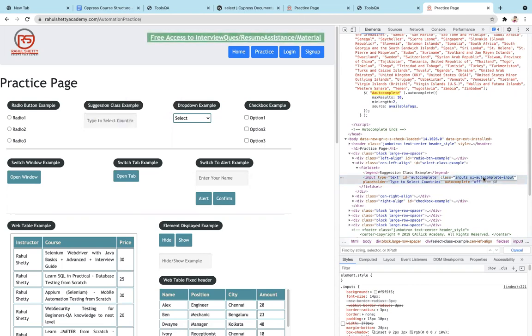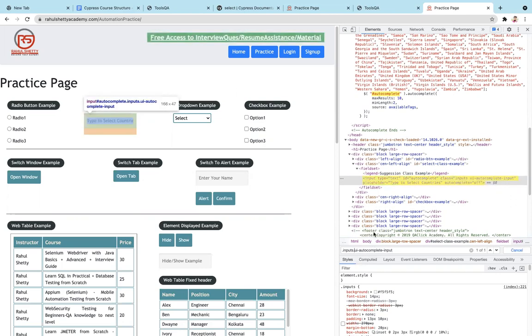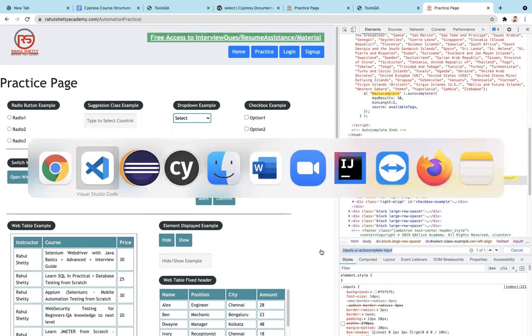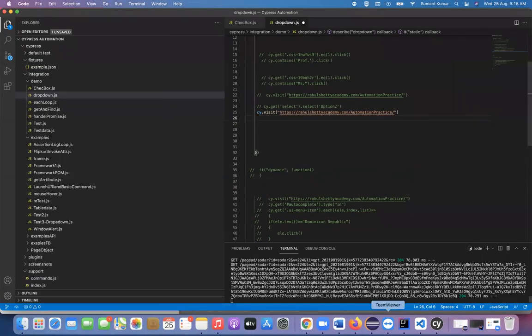Let me check whether the class is working or not. If I use the class, yes, it's highlighting only one element, right? So better I will use this class. I'll go here and then we'll write this cypress.get and then we'll use this class name.